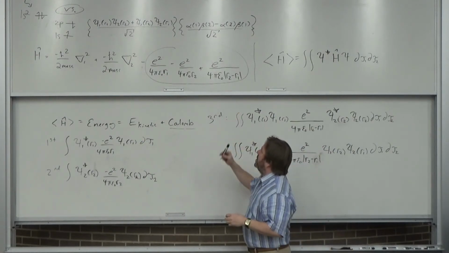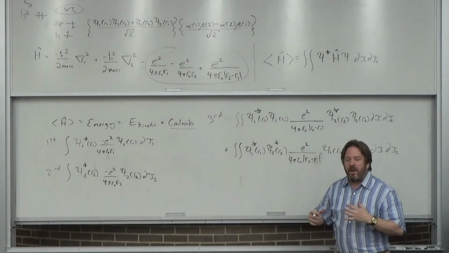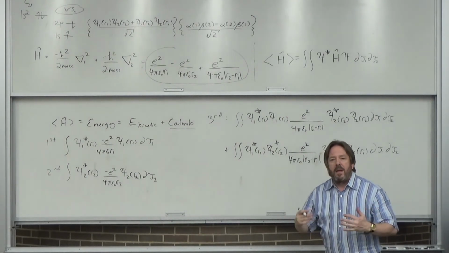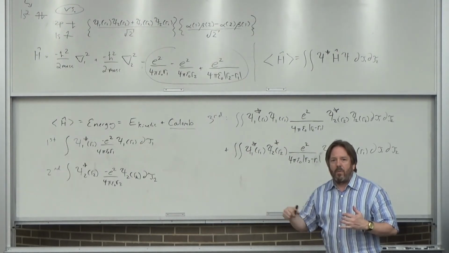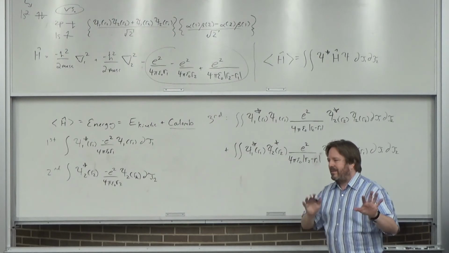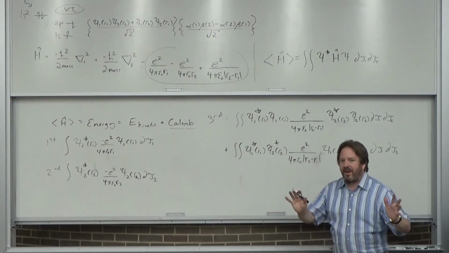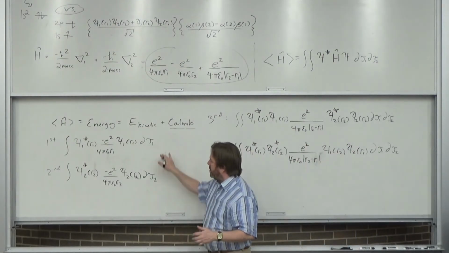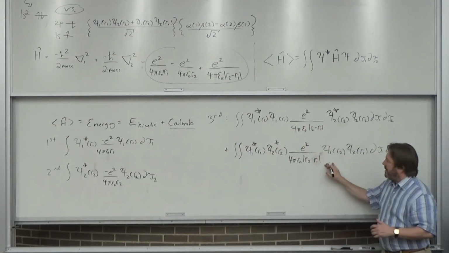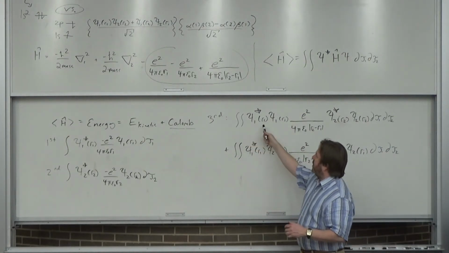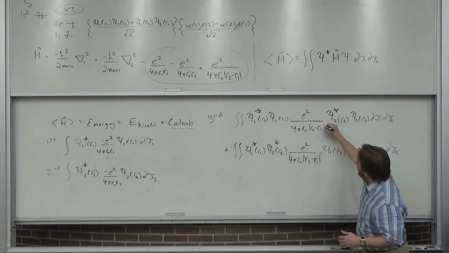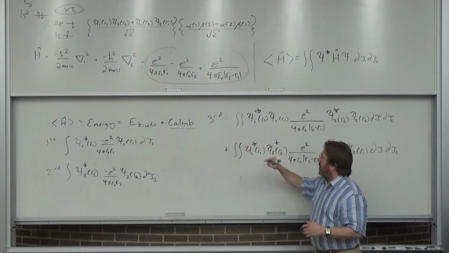But when it comes to the third term, because they're interacting with each other, the coordinates of 1 and 2 appear in the same operator. Because of the anti-symmetrized way that you write the wave function, you don't get just one simple expression, you end up with two. Now, double integrals, because remember the operator has an R1 and an R2 in it, so you're going to be integrating over both.